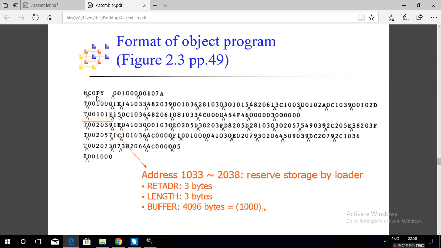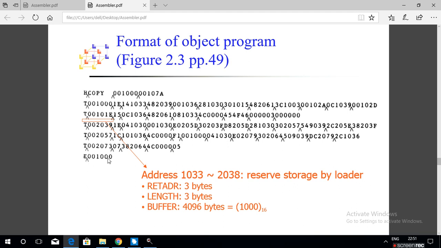Three types of records are created in the object code. One is the header record; the first line is the header record. Next are the text records; these are all the text records of the object code.